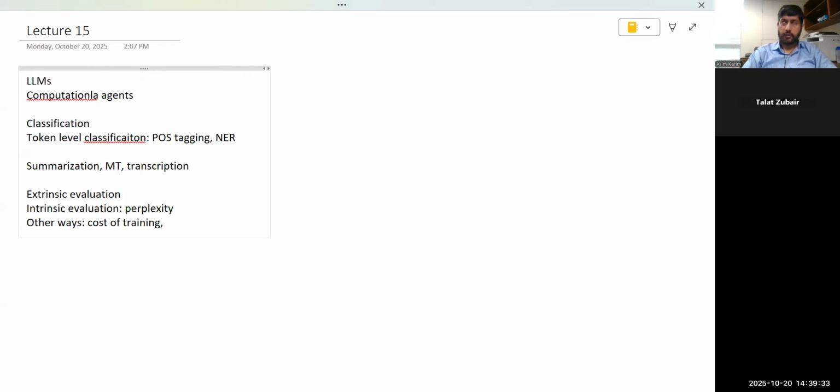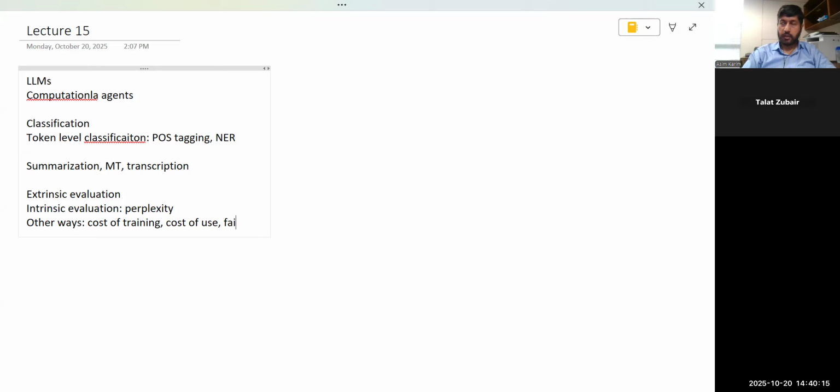And of course, this is for training. Then, of course, the cost of use as well. The cost of use, if you're using a subscription, what is the cost of using a large language model? And if it is something that you have off the shelf, what hardware, what GPUs do you need to run that language model locally? Okay? So that's also something that you can use to evaluate a large language model. And then there are other various aspects which you can call extrinsic evaluation, but these are more specific to issues that arise in large language models.